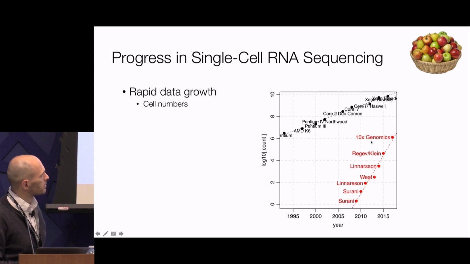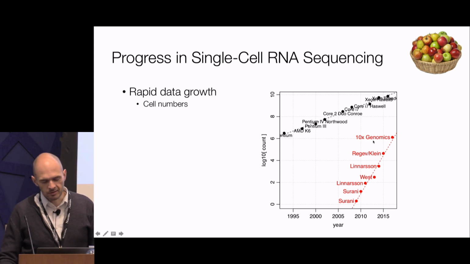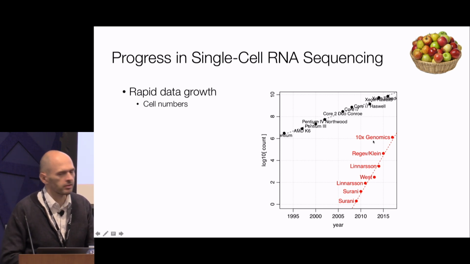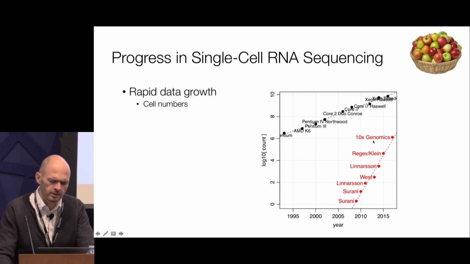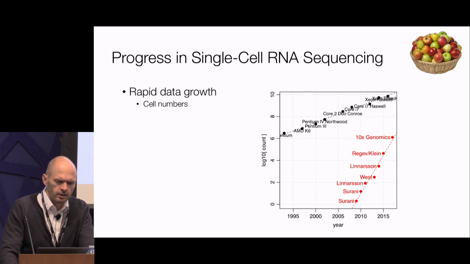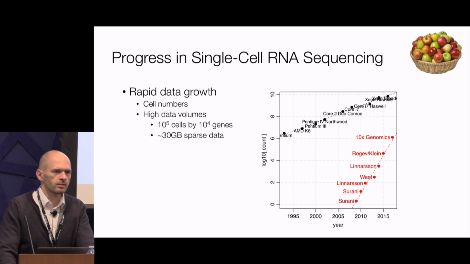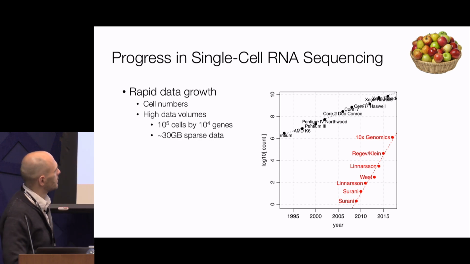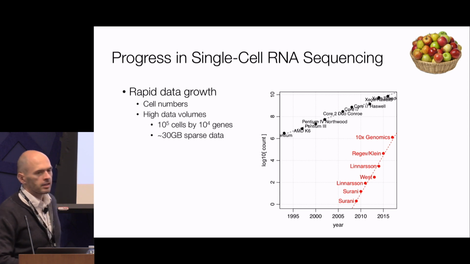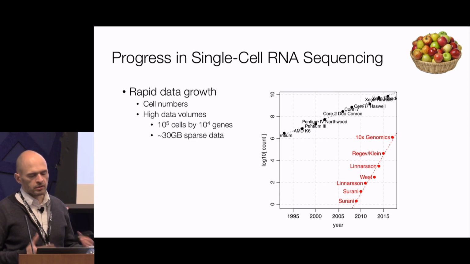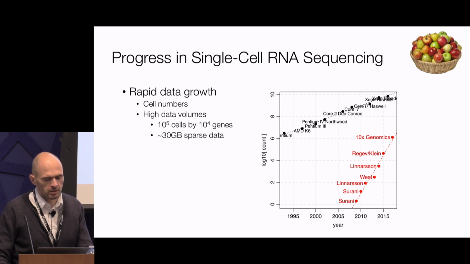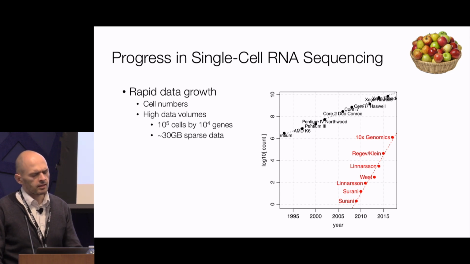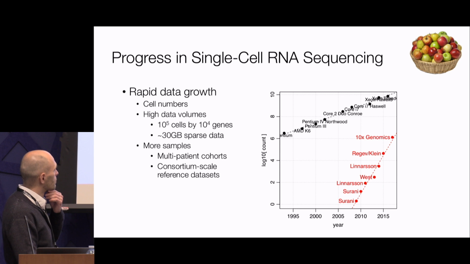These are the droplet methods introduced, Drop-seq and inDrop. And this is not actually a publication, but the dataset 10x Genomics introduced. So as you can see, we were growing faster than Moore's law. I think it's slowing down now. I have to update the graph. But obviously, if you're working with this data, this type of growth can be both a blessing and a curse. So the data sizes are getting large, even if you're careful about keeping data in a sparse format and so on. I think more fundamentally, and this is what I'll focus on today,